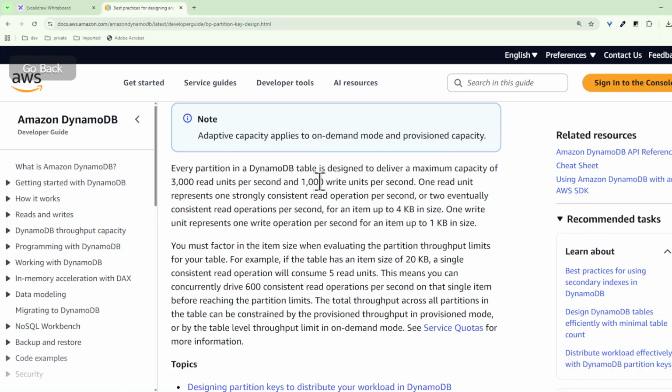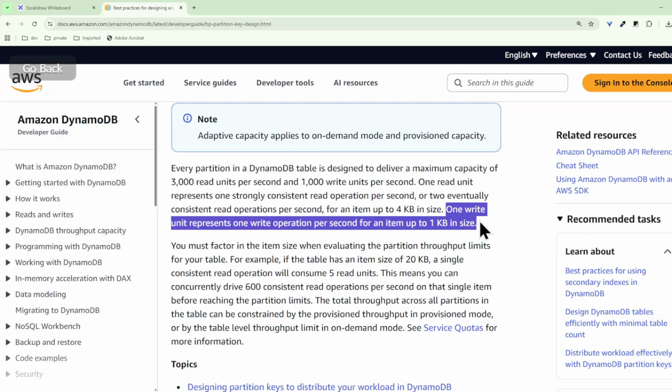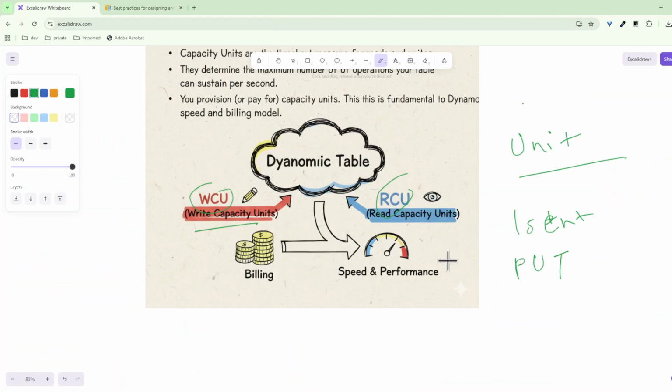Now we also need to understand what we really mean by 1 WCU. We have understood till now that WCU is one of the units we use to measure usage in DynamoDB. But what is one write? What is one WCU? So 1 WCU is equivalent to 1 write operation per second for an item up to 1 KB in size. What we mean by that is, let's say